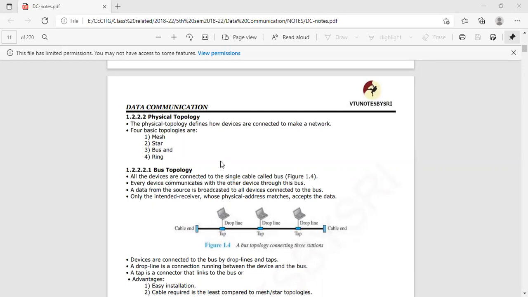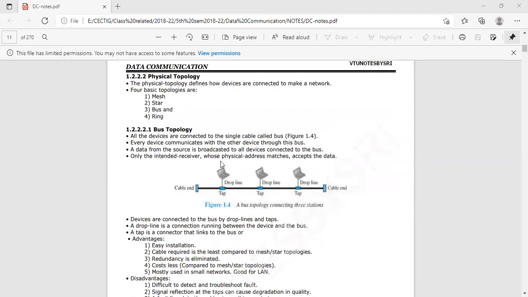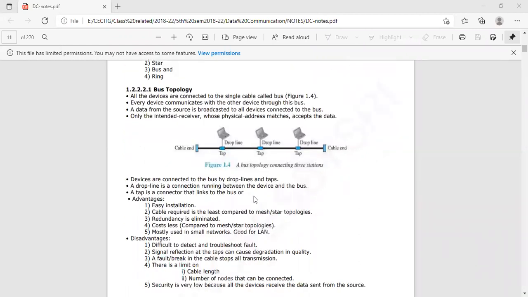So what is happening here is that a single bus is there, and the devices are connected to it via taps. This tap is the connector. We can see the tap as the blue dotted line. This is the tap where the line is tapped into the bus. So we can say the advantages are sharing of data, and the installation is very easy. A single bus line is there and the devices just need to be connected to the bus, right? Fine.